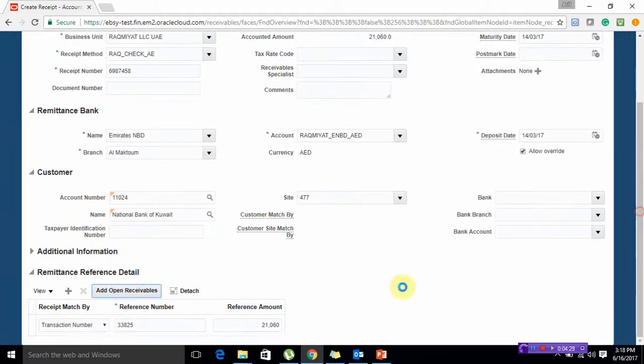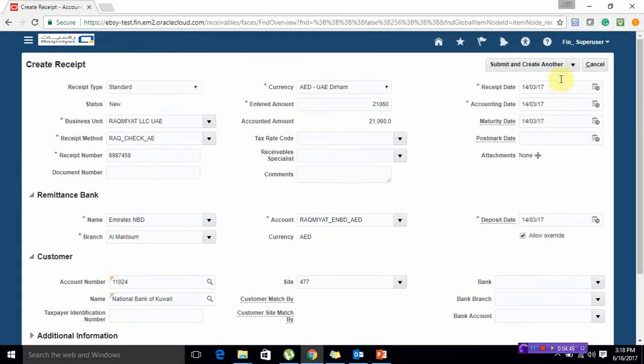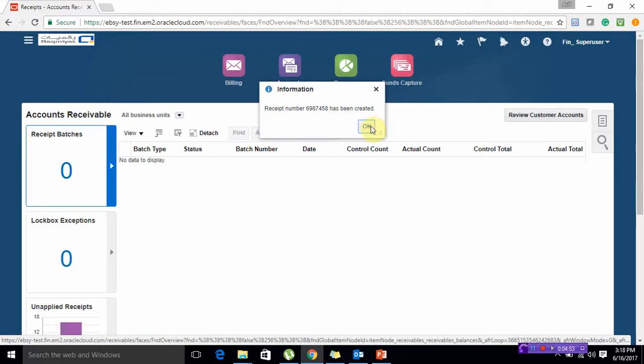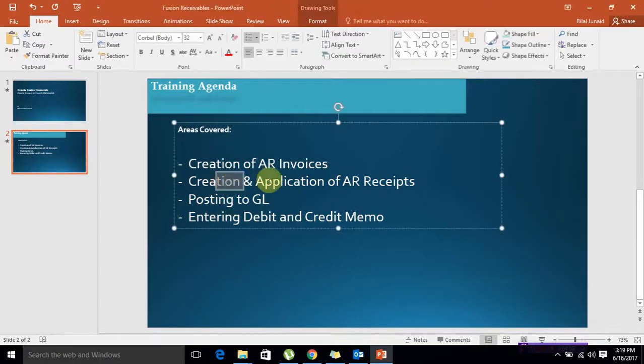So what will happen? It will bear my amount here and my transaction number also here. So if you have given any incorrect amount at the top, you can just correct it. Okay. Deposit date, the date on which you are going to deposit it. After this, you're going to click on submit. Now in this way, you have successfully created your receipt and you have applied it to an open